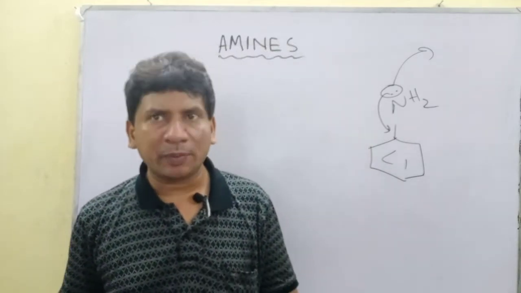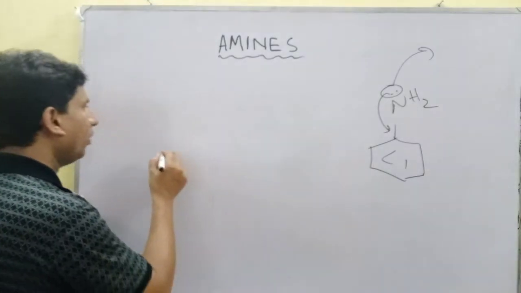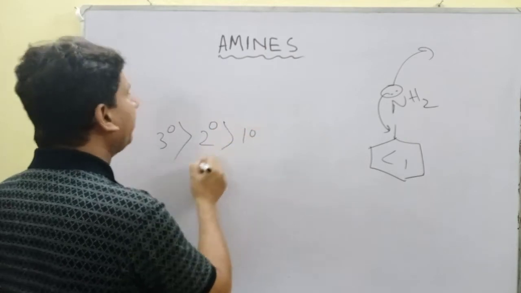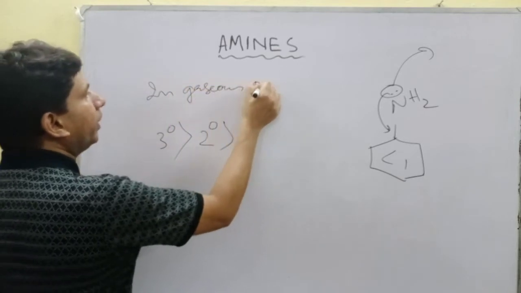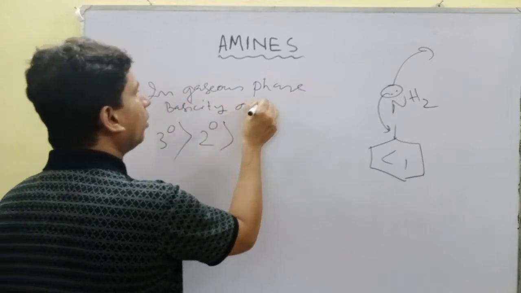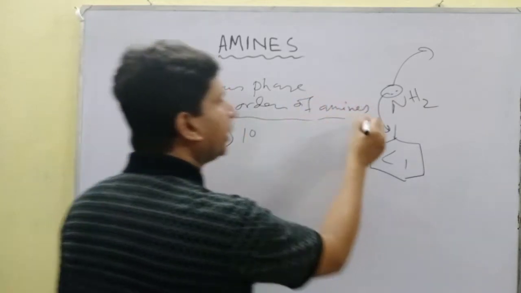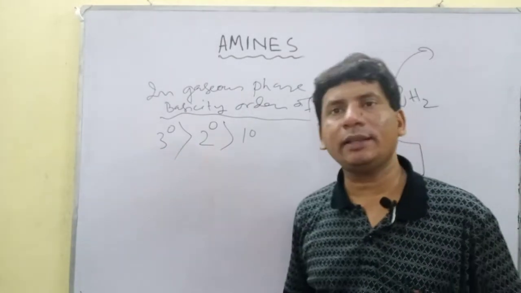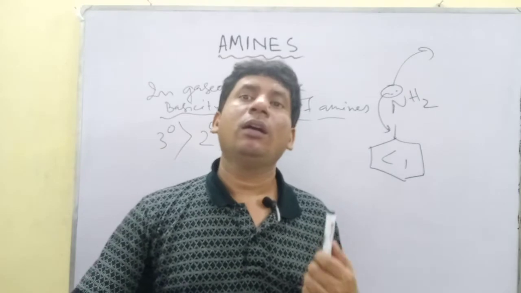In the gaseous phase, the order of basicity changes. In the gaseous phase it is always 3 degree amine greater than 2 degree amine greater than 1 degree amine. It should be remembered. And in the aqueous phase,